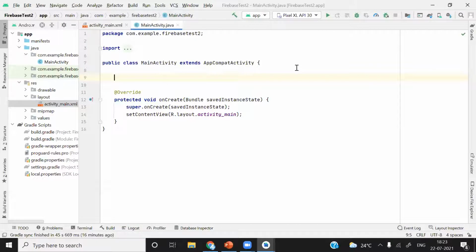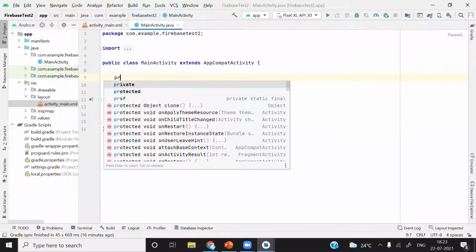So how we can add that? First type private or public, protected. There are three options available: private, protected, and public. You can learn about this in Java programming. Okay, I will not be discussing what is protected, what is private, and what is public. I will just use it. You can simply use public also here.